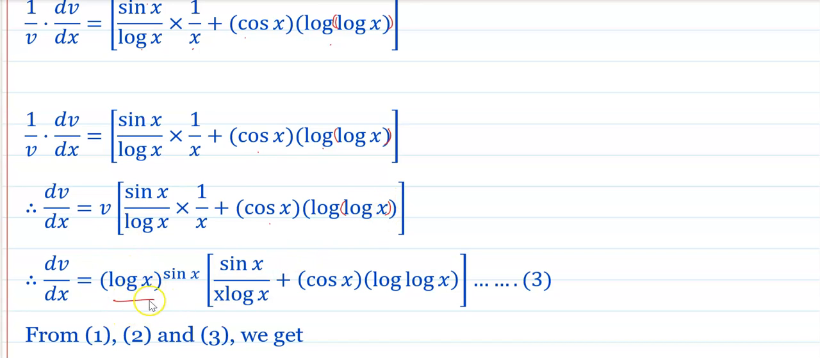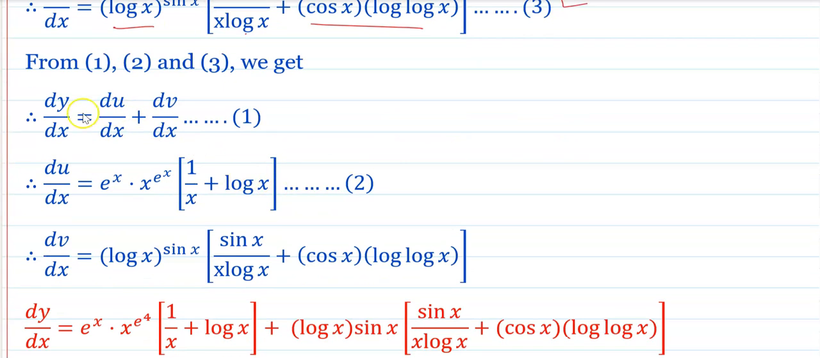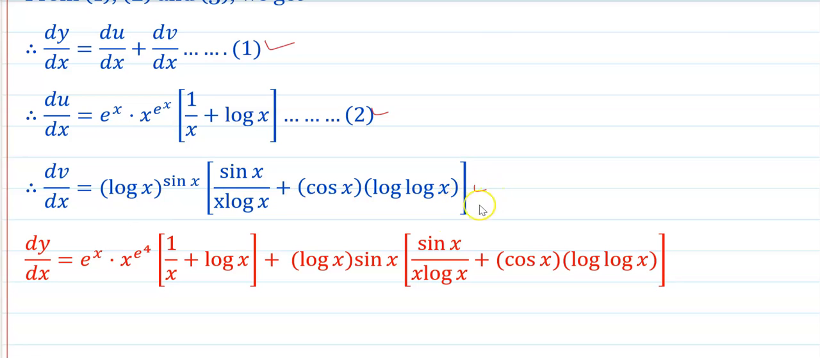Substitute the value of v. Sin x into 1, x times log x is x log x, and the later term is as it is, which we have taken here. This is the third one. And therefore, from 1 to 3: what is the 1? This is the rule. 2 means du by dx, we have calculated it. And 3 means we have just found the derivative of v. And hence, dy by dx is equal to